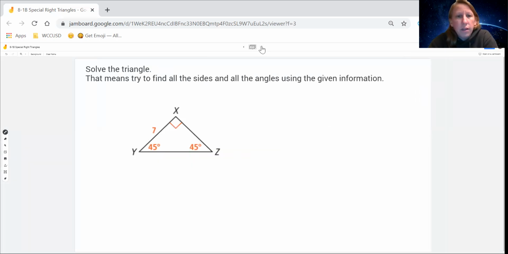You can think about that. Let's do this problem. So this says solve the triangle. That means we're supposed to find all the sides and all the angles using the given information. So I know I have a 45, 45, 90. I know it's special. I know I should label things. So this is the hypotenuse, and then these are the legs. And I also know if it's 45, 45, 90 that the legs are the same. So if I'm trying to solve everything, I know the